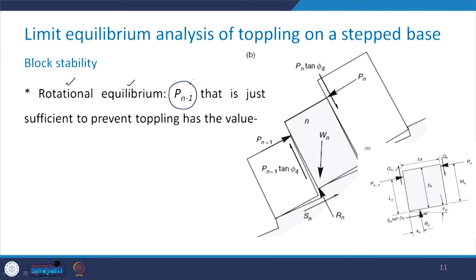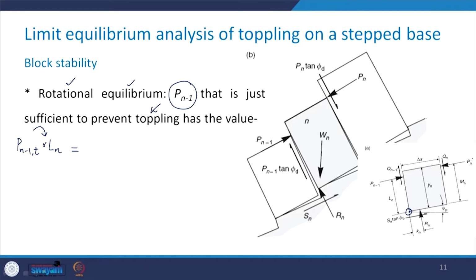Take a look. So, you see that I take the rotation at this point. The first force is going to be Pn-1,t. Why I write t is because I am dealing with the toppling. At what distance is it acting? Ln. So, this is multiplied by Ln, and what is going to be its direction? About this point, this is going to be in this direction, that is the clockwise direction. This is going to be equal to,